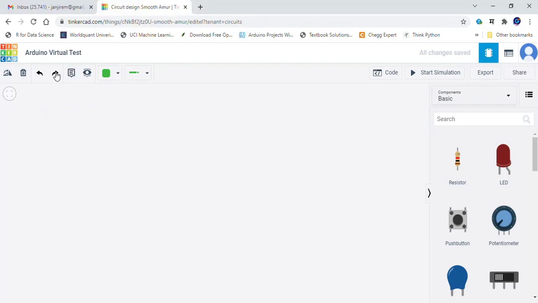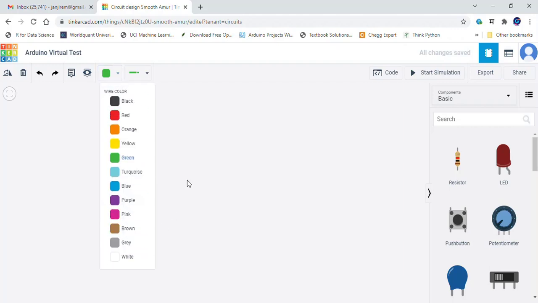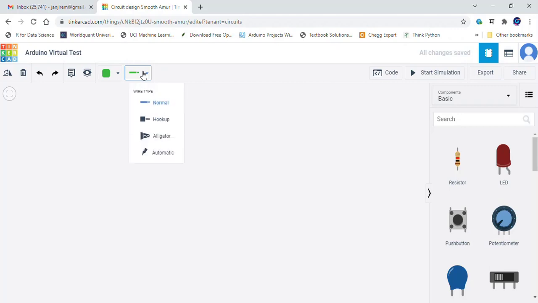Then this is a node tool which is used on your design. This button is used to hide or show the nodes. Here you can choose the colors of wires, and here you can select the wire types.